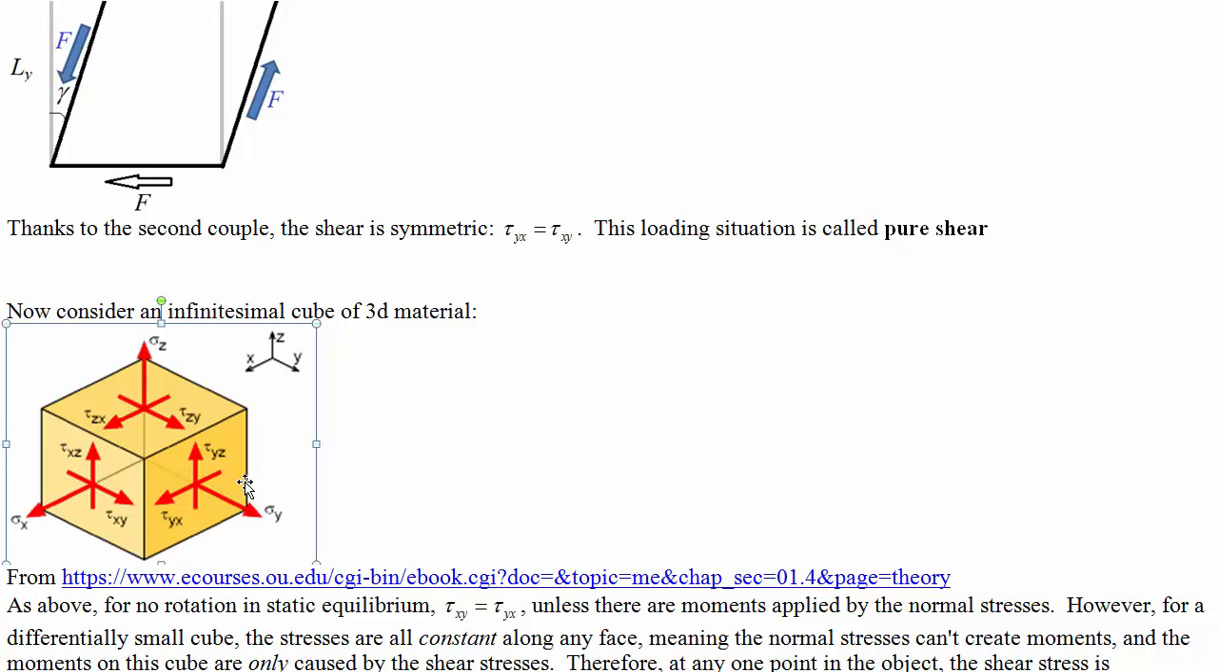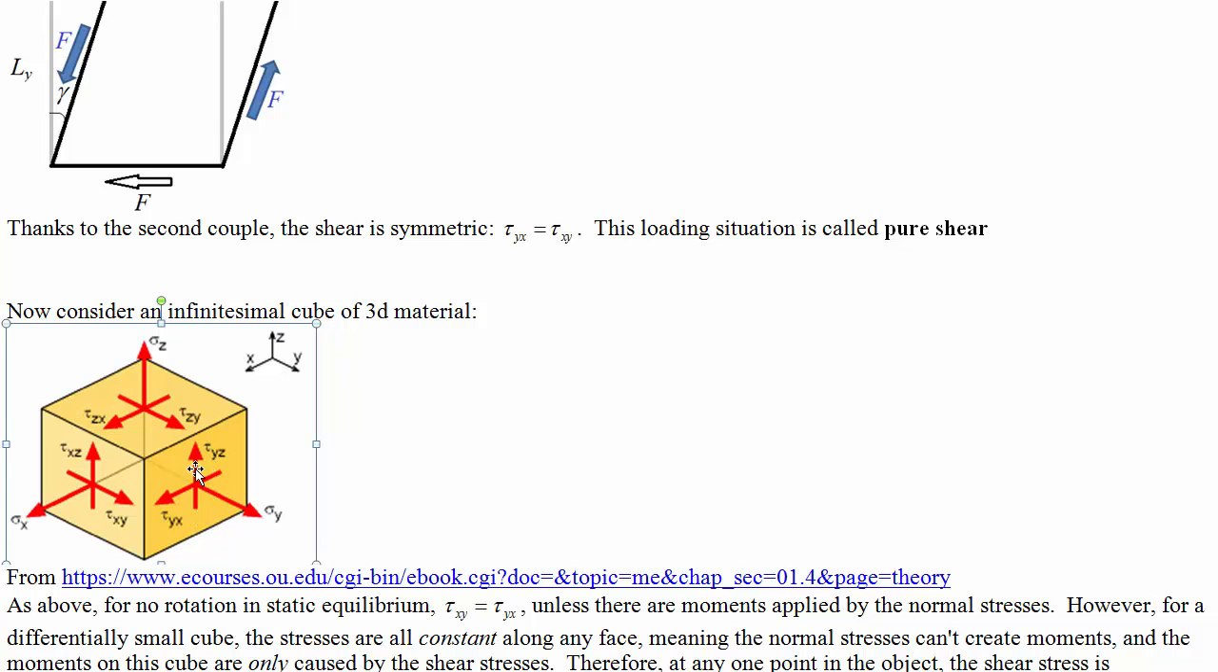stress on this side of the cube is very similar to the normal stress on the other side of the cube, and it's the same on the other side if it's in static equilibrium. That means the normal stresses, the axial stresses, the sigmas here, can't create any moments. If the stress on this side is basically the same as on this side, and the distances are small, then a tiny change in sigma over that distance is not going to create any kind of moment. So the only way we can have moments on this is if the shear